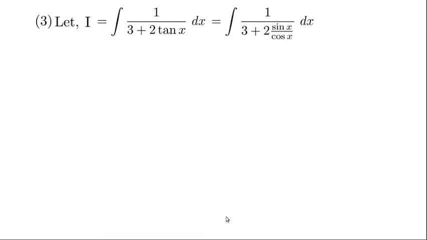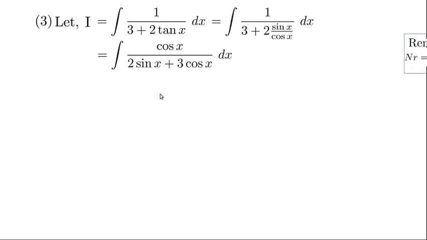So integration of 1 upon (3 plus 2 tan x). Tan x is written in the form of sin and cos, and this cos x goes to the numerator, and the denominator becomes 3 cos x plus 2 sin x, which is same as cos x upon (2 sin x plus 3 cos x). And now this is exactly in the form of (a sin x plus or minus b cos x) upon (c sin x plus or minus d cos x). So we make use of the rule